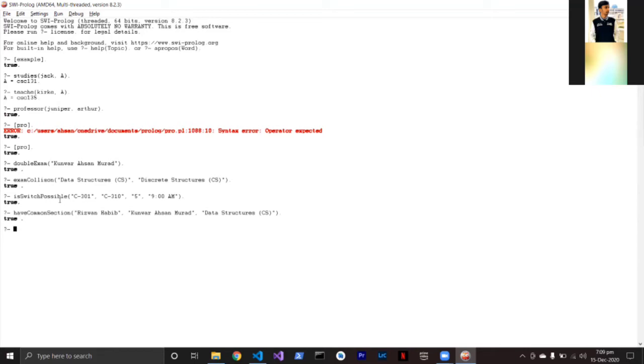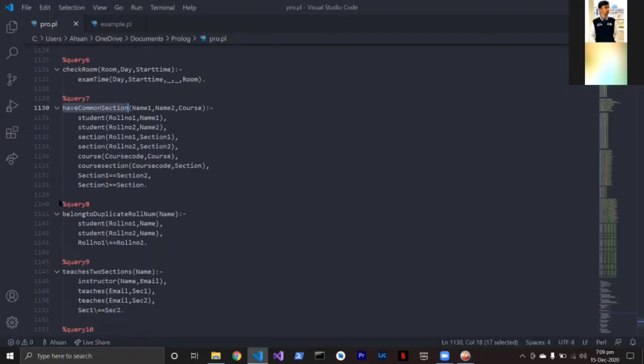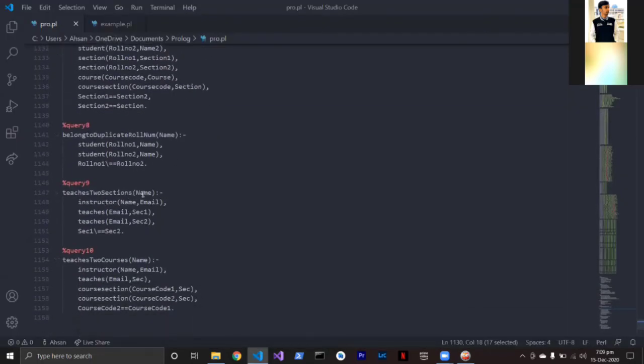After query number 7, we have query number 9, which takes the name of a teacher as an argument and tells us whether that teacher teaches two sections or not.